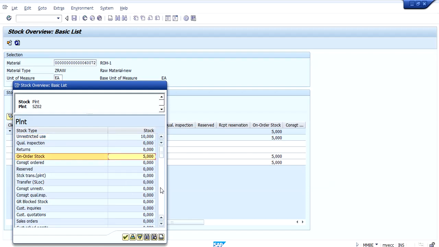So this is the on order stock which is about to get received, and here again the same 5 quantity is in transit, which means about to receive.